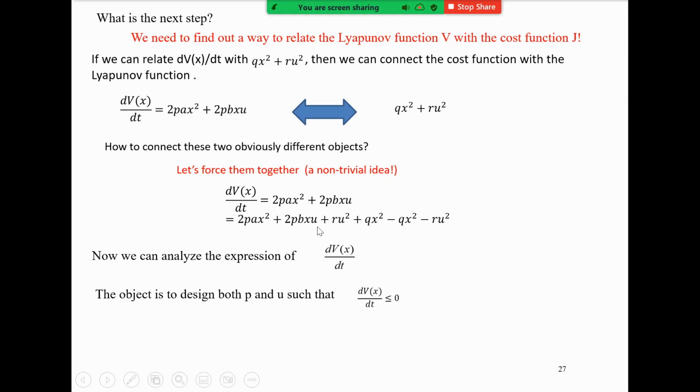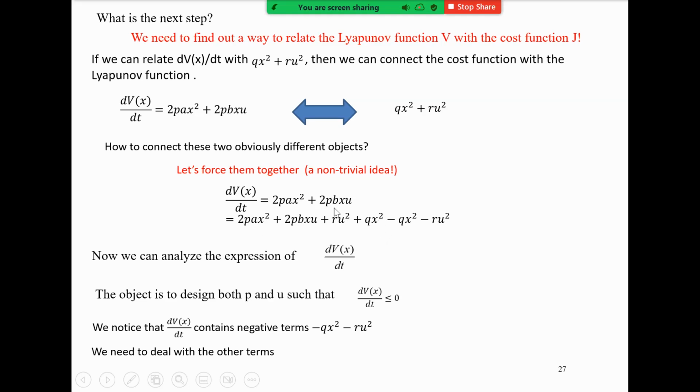The X squared, RU squared, and QX squared terms are positive. But that X times U is the most difficult term; we don't know if it's positive or negative. But we know the final two terms are negative. That's what we want. If we keep them there,